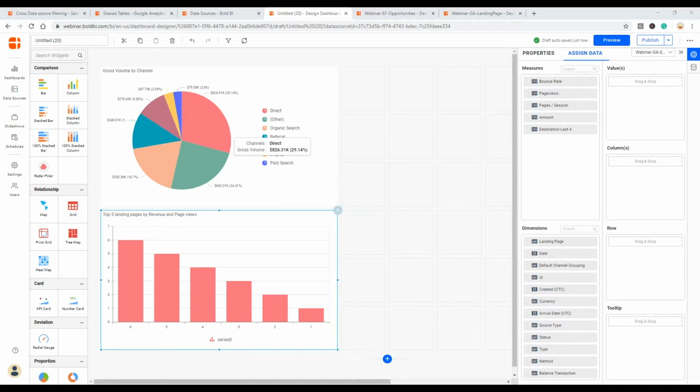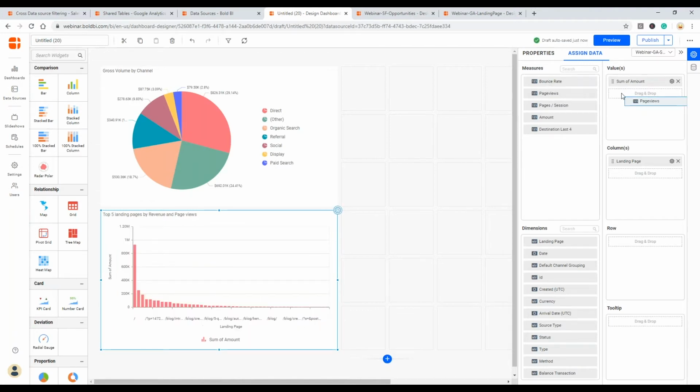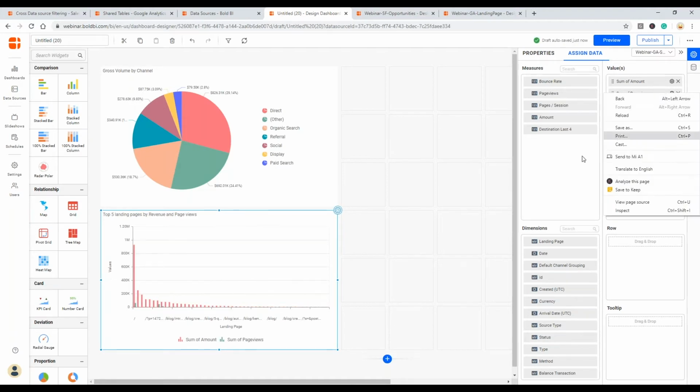For the same, I'm going to use the landing page as my column and amount as my value. In addition to that, I'm going to use the page views as an additional value.